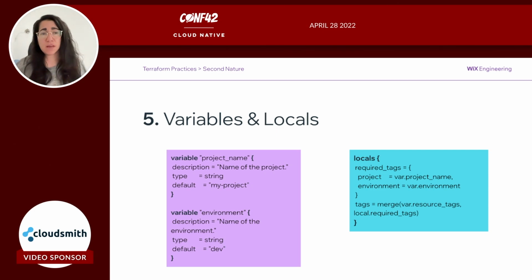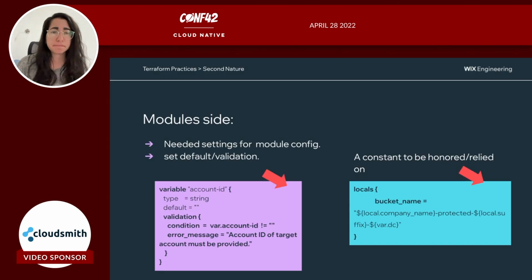Okay, variables and locals. Unlike variable values, local values can use dynamic expressions and resource arguments. Locals also don't change values during or between Terraform runs, such as plan, apply, or destroy. You can use locals to give a name to the result of any Terraform expression and reuse that name throughout your configuration, like this example with the tags that I showed right here.